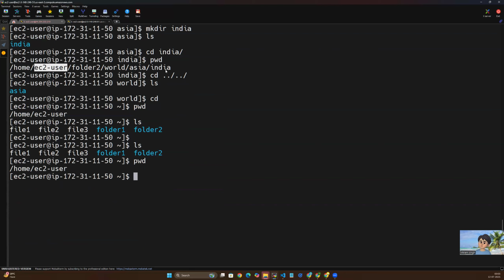We have these 4 directories. Folder 2, inside this there is world, there is Asia, there is India. I want to create one more directory here, that is Noida, but I don't want to go inside each directory and create. I want to create from here itself. Okay, so what we'll do is